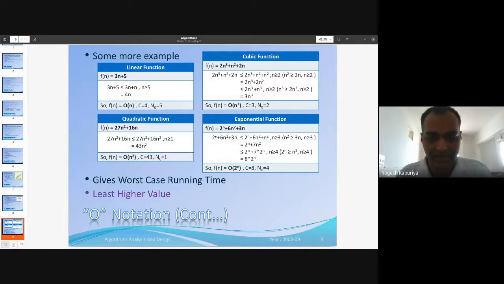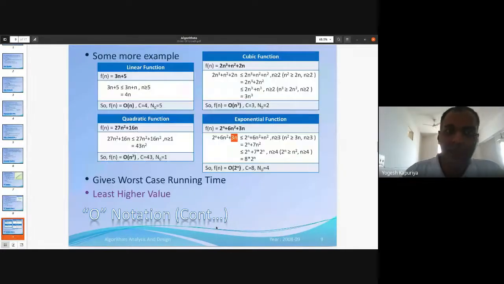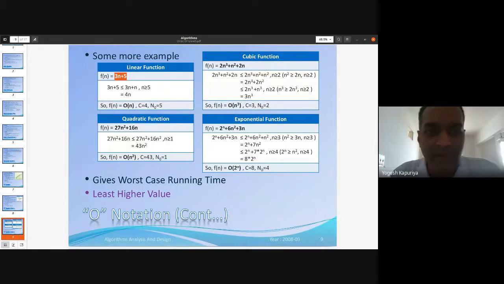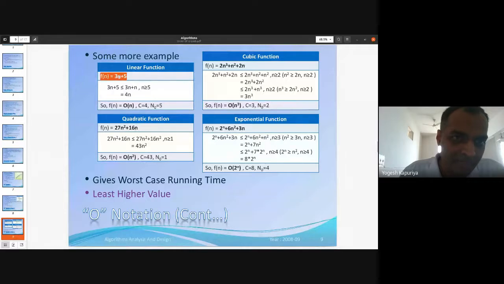Okay, so let's repeat it. So what we have been discussing is this example. What I have been saying was that you have been given some function 3n plus 5 and we are interested in finding out the big O notation of the same. As I told you, the objective is to remove all the lower order terms. That can only be done if you replace it with some higher order term. So in 3n plus 5, this 5 has to be replaced with n.